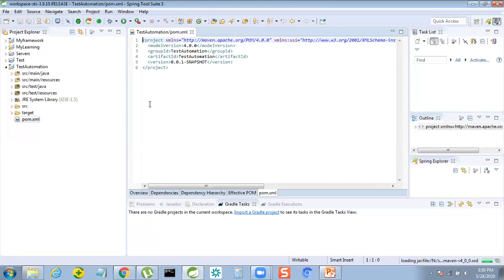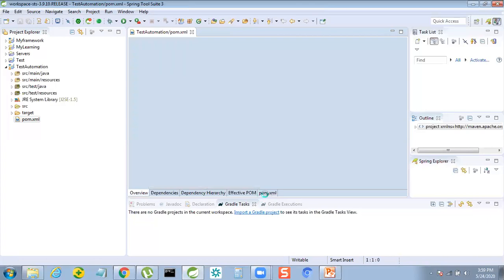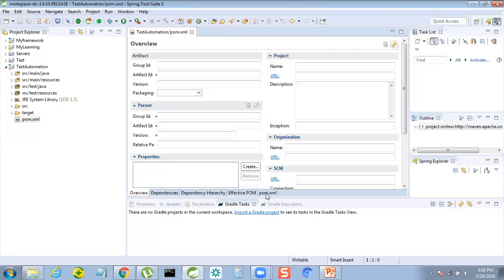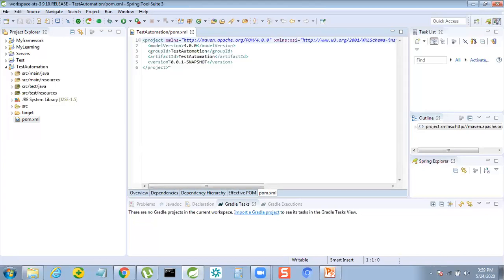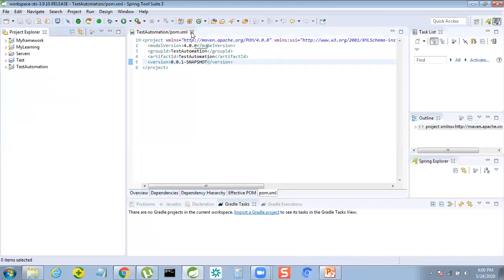So the pom.xml file got opened. In this, you have to go to the pom.xml tab. Whatever you gave as the group ID and artifact ID, that information will be automatically captured here and stored in the form of XML. Here in pom.xml, usually you will add the dependencies, whatever you need. That I will be taking in the next video. So I'm not going in depth, guys. Now we'll go for the Gradle project.